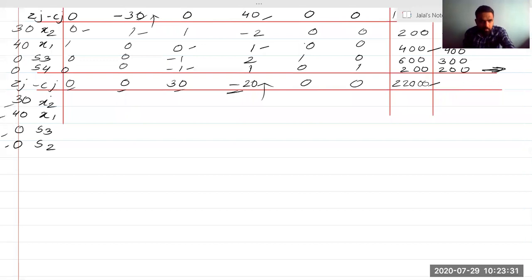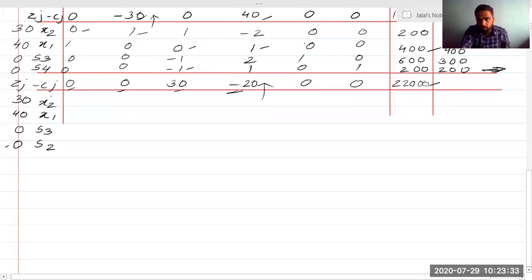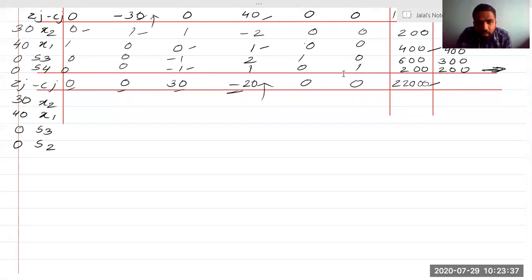Okay, I think there is some question. Just let me take this question. Sir, why not S1? How can I write S1? S2 is the pivot column. So how can I write S1? S2 is the pivot column and it is replacing S4. So I have to write S2 in place of S4. Okay.